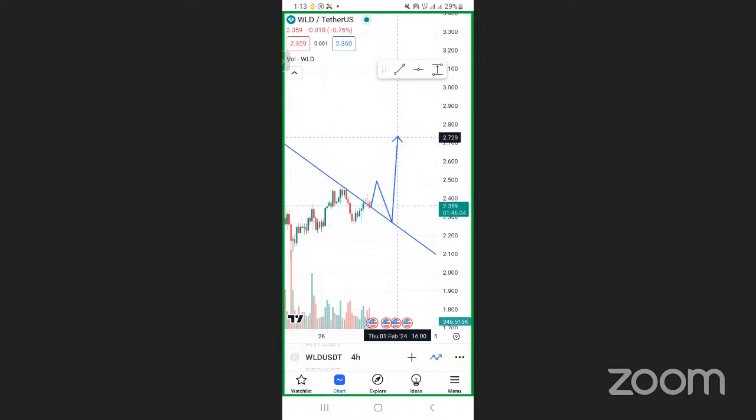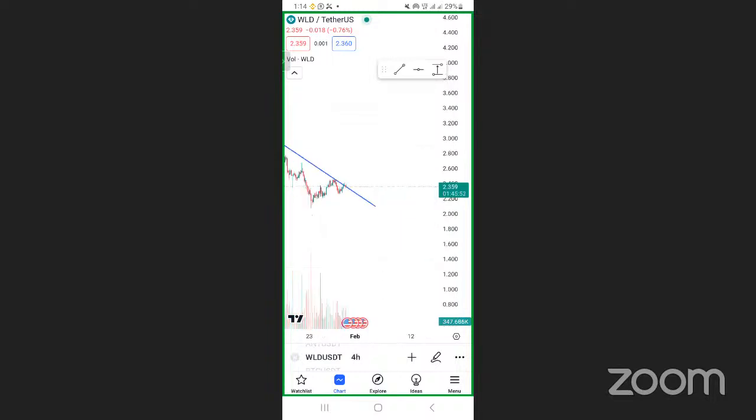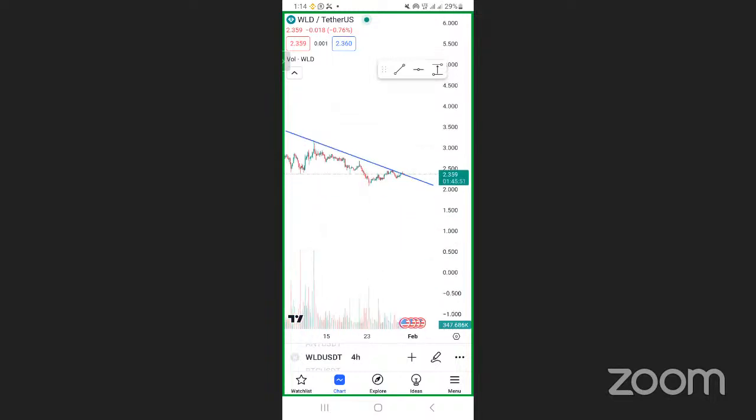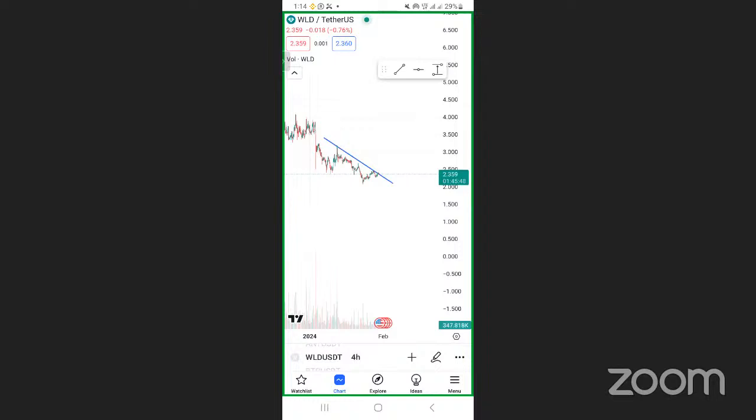So at that point, if you realize that the trend has now changed, that's when you can what? Enter again. But as long as we are still in a downtrend, don't oppose the trend. You get it? In trading, the trend is your friend. As long as the coin is in a downtrend, okay, avoid it.